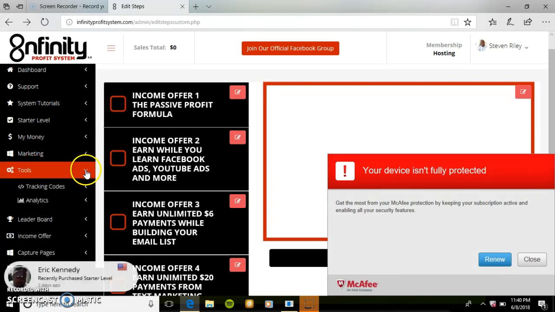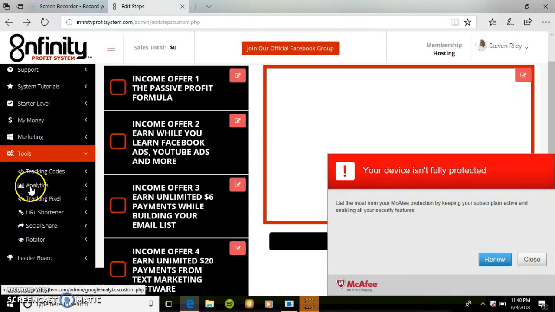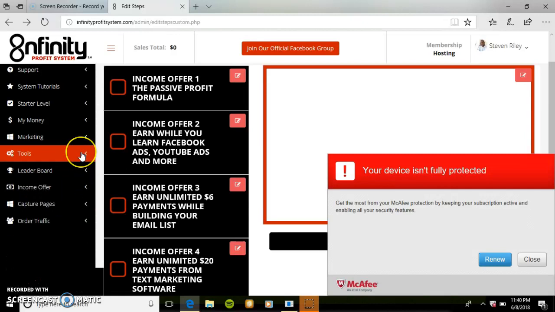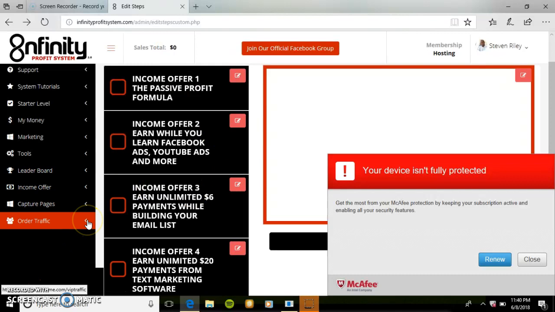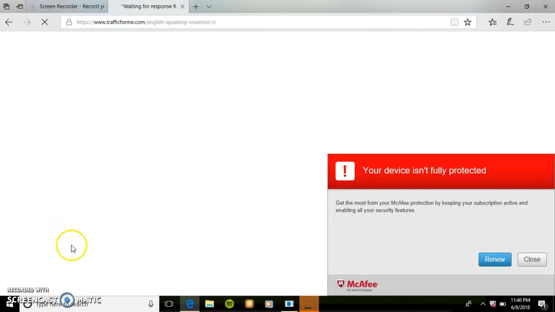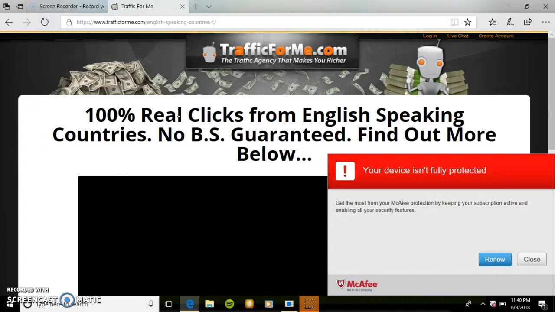But more importantly than that, you have a rotator, you have a URL shortener, tracking pixel, tracking codes, and a whole bunch of other features that most opportunities don't have, and it's all right here for you in one platform. And you can order traffic for your business through the provider here too, which is actually pretty cool. I don't know of many systems that have a place where you can order traffic inside the system itself. So that's very cool too.